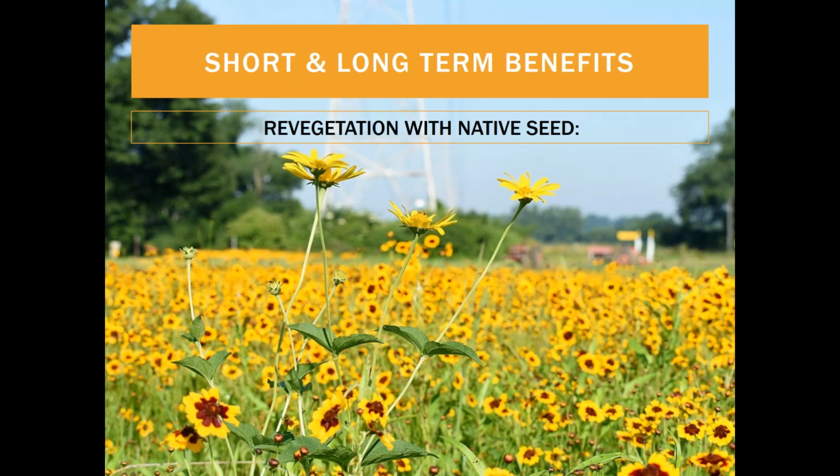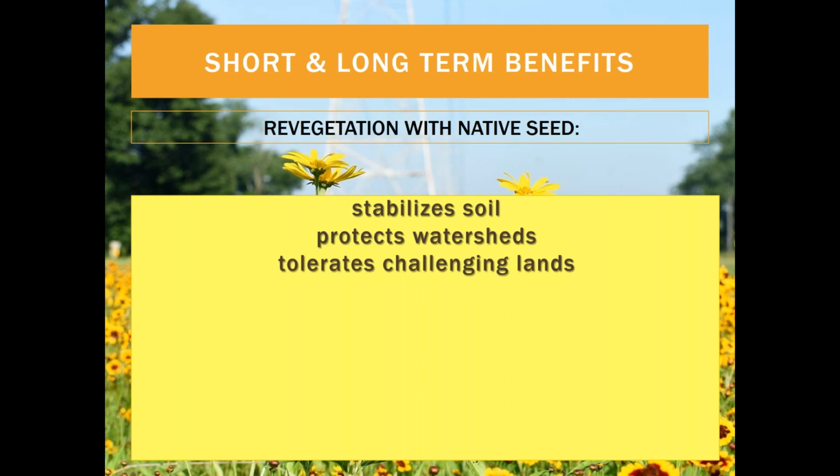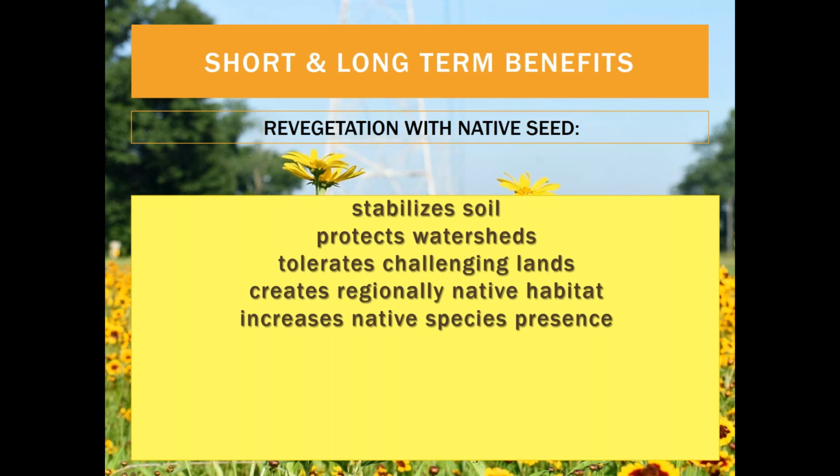So just a recap of some of the benefits that we can see from using revegetation with native seed. We see that it does stabilize soil, which in turn protects watersheds. It is able to provide cover in a variety of difficult growing conditions. It certainly creates habitat regionally, both where it was essentially established, but also in areas where it is an offset to where it may never be able to be restored again. It certainly increases native species present on the land,